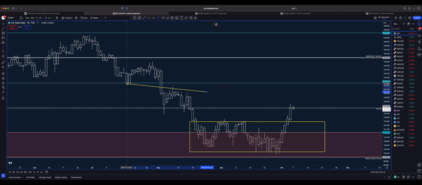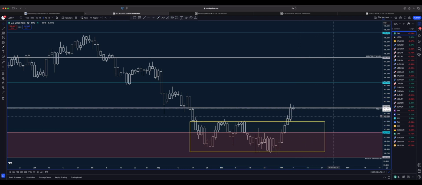But in general, we can see here support, price broke below, didn't come to retest as resistance. So if the price is going to move to the upside, this zone or this level is the first level where price might come to. And if the price is going to move to the downside, we need to see price when it comes here to retest, to break below and then move to the downside.